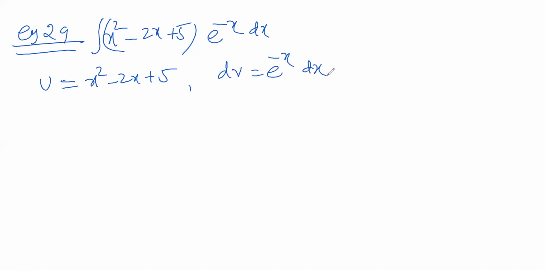Right? Now, u is of the form x power n. Correct? u is of the form x power n. So that we can use Bernoulli's formula. Here x squared, x power 1. Here we will take x power 0. So u is of the form x power n. So here we are using what? Bernoulli's formula. Bernoulli's formula, once again you recall it. Integral u dv is equal to uv minus u dash v1 plus u double dash v2 minus etc. Correct?